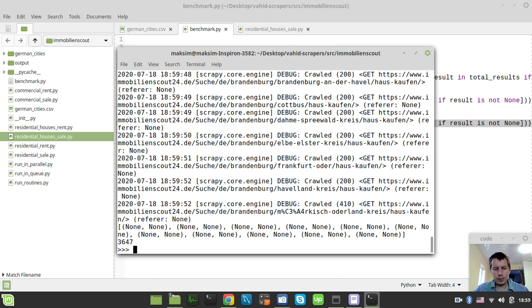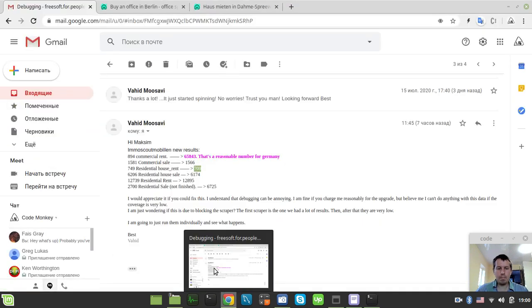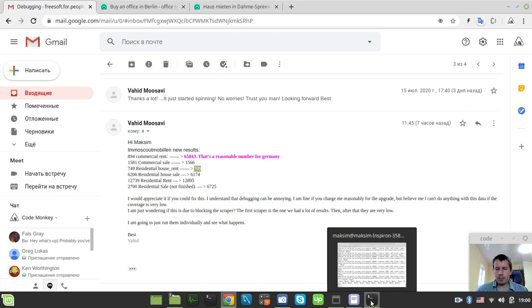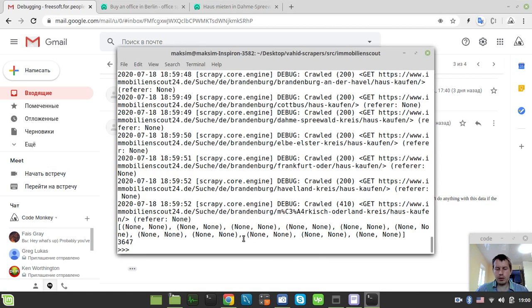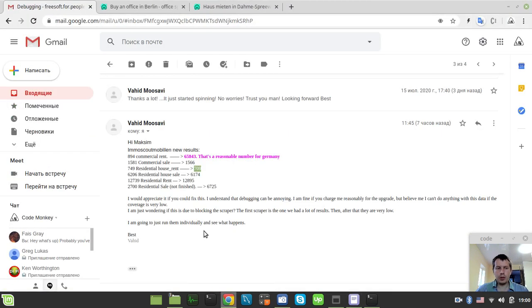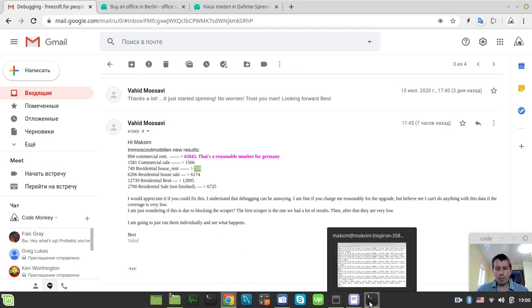Oh my god, so many results from even the first elements here. Wow. Yeah, it seems like I'm starting to reveal some bugs within my own code, which is probably as good. Okay, so